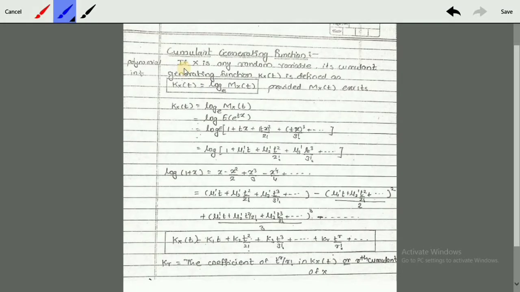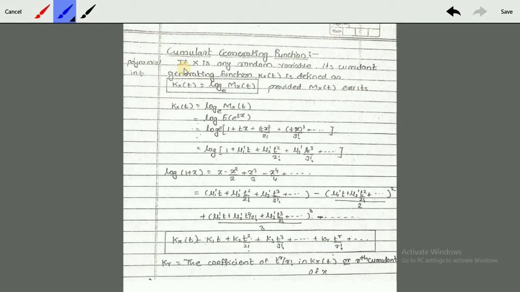Here we are going to discuss the cumulant generating function. What is cumulant generating function? CGF. If x is any random variable, then its cumulant generating function is given by Kx(t).